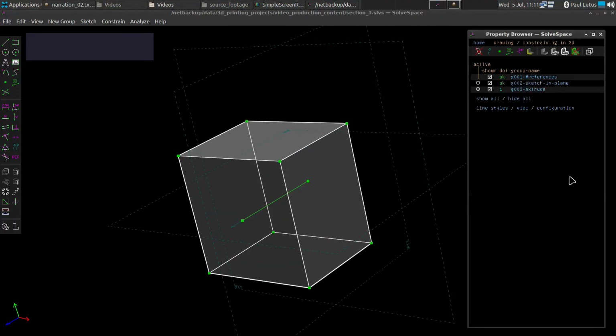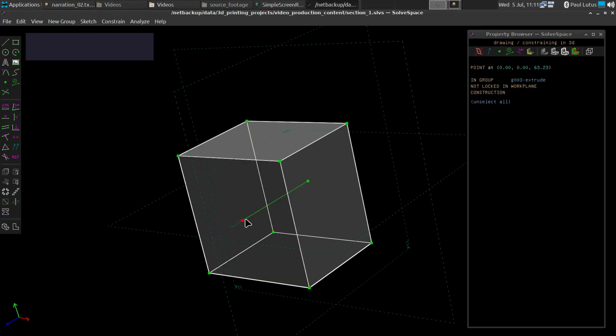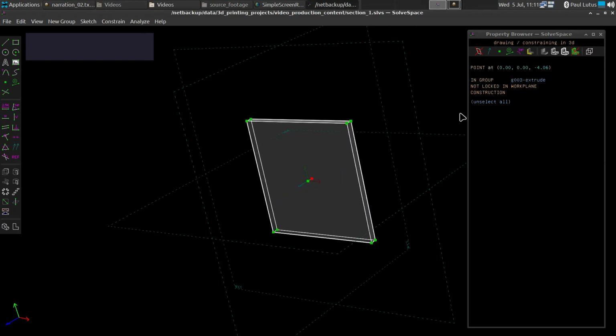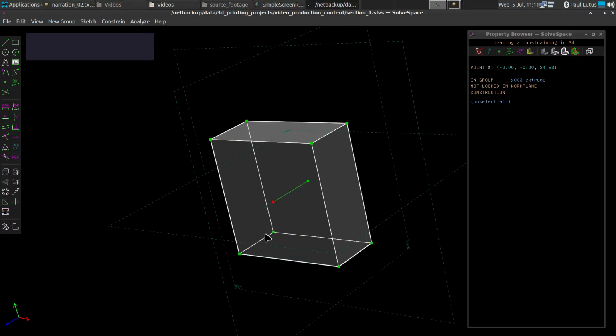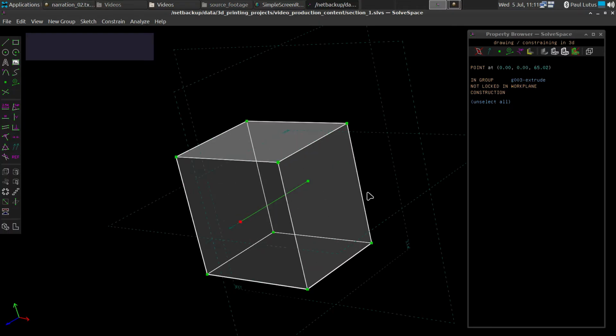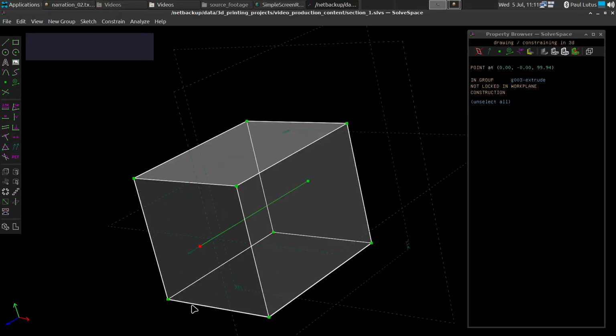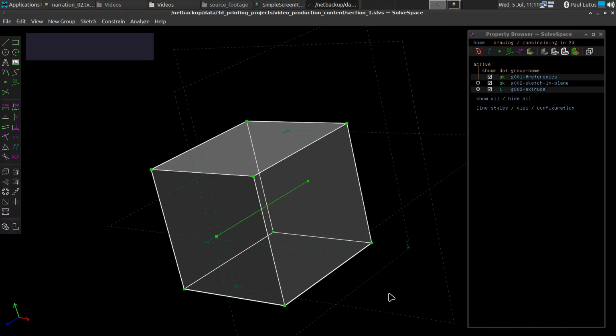And the property list shows a new item which refers to this extrusion, from two to three-dimensional space. And there's one degree of freedom. And that degree of freedom is the fact that we haven't defined a size for this extrusion. In fact, by dragging the mouse, I can make it any size I like. So the first thing I want to do is enter the extrusion